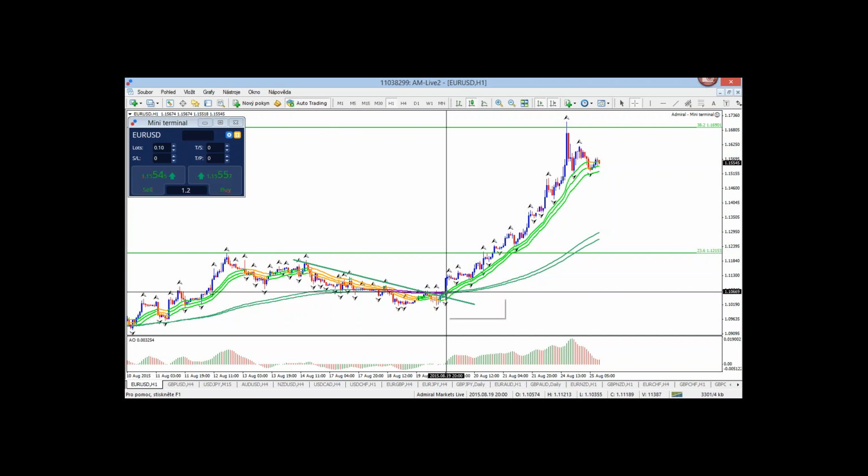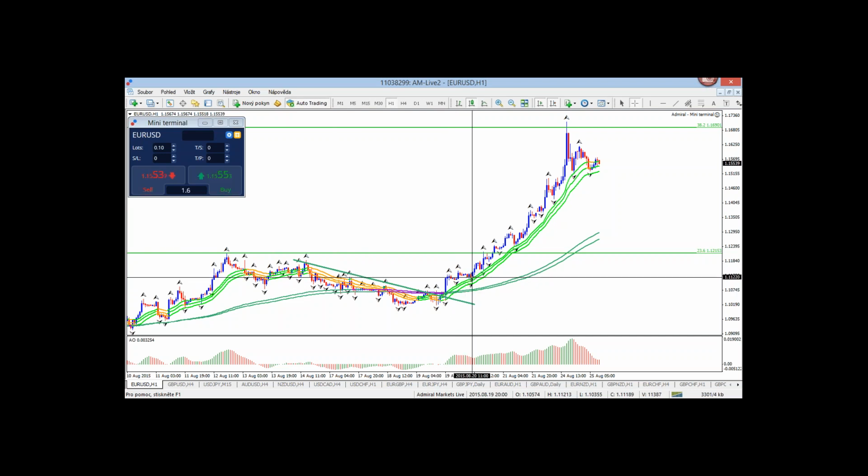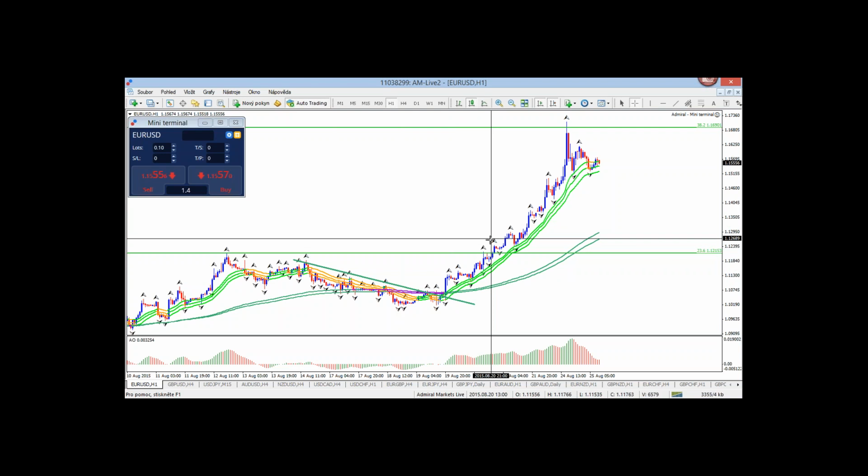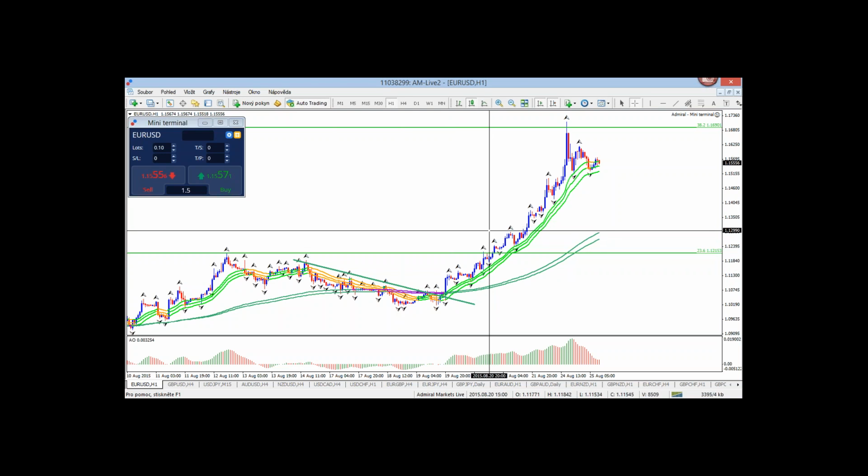What would be the alternative? Well, we see these fractals here, for instance, above the moving average. That could be with the moving average aligned. A break above that could be another entry, 111.50, about 60 pips up to 112.10. So a break above these fractals here. Or basically it would have to be intraday breakouts, really. That's the only way, because there are no significant pullbacks. So once it breaks above 111.12,